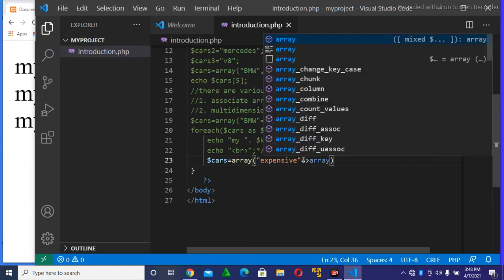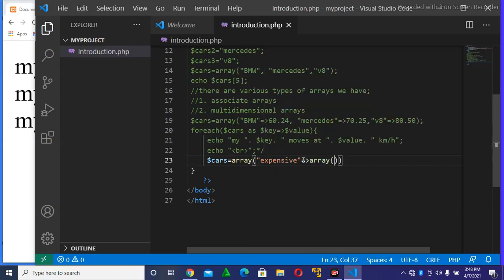then you introduce another array to specify the expensive cars, then you put those brackets, then you can say for the first thing, the most expensive one, you can say Mercedes, you put a comma. The other, you can say V8, you put a comma. Then the other one you can say BMW, then after there you can put a comma,